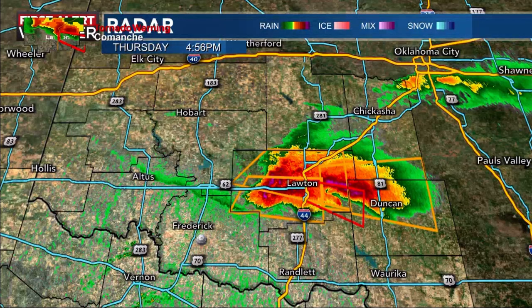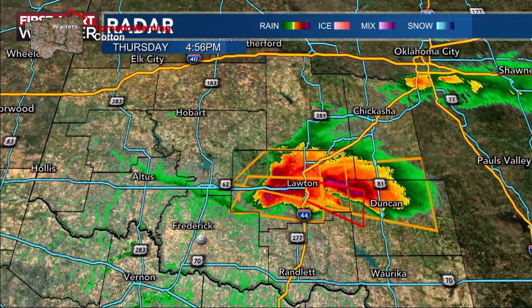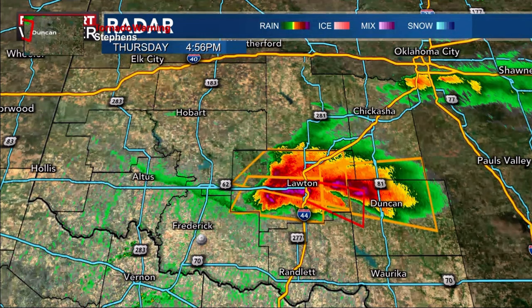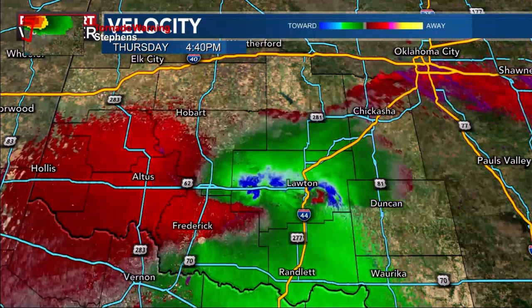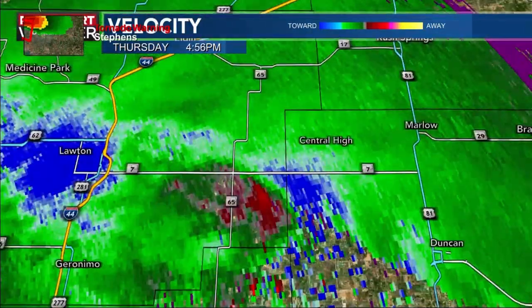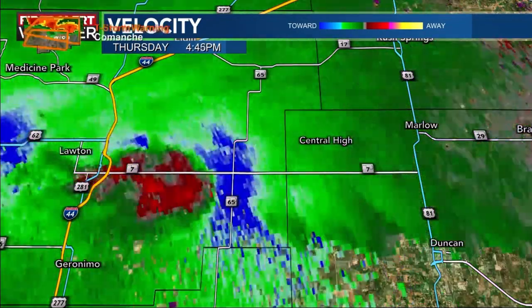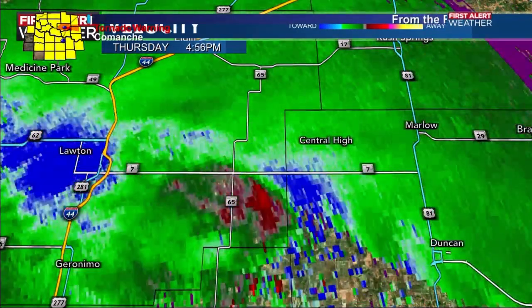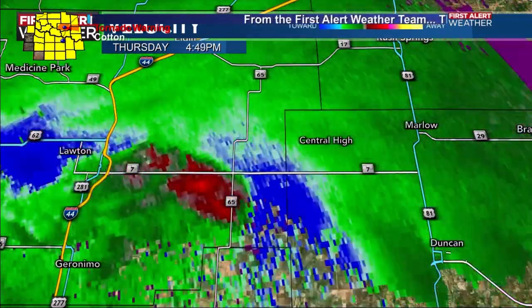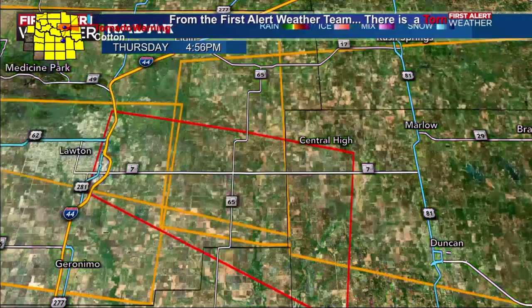All right. So we are here. Okay, so now we're just taking Max directly because we no longer have that ability, but we are going to continue to keep you guys posted on what is happening here in Texoma because of this tornado warned storm. I want to go on to velocity right now, because there does appear to be another area of rotation. And what I was saying before the power went out was there does appear to be some rotation heading towards Duncan, and with the radar, if we go back to that,